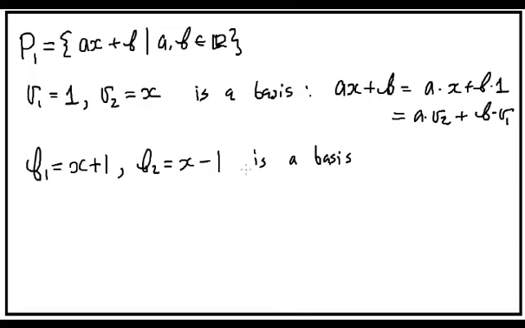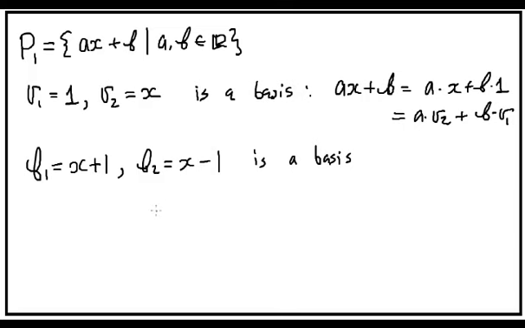So the space of first order polynomials being a space of dimension 2 guarantees that any basis in this space will have exactly two vectors in it. And so this second sequence of vectors is a basis having two vectors in it because of the dimension being 2. And what we want is to illustrate